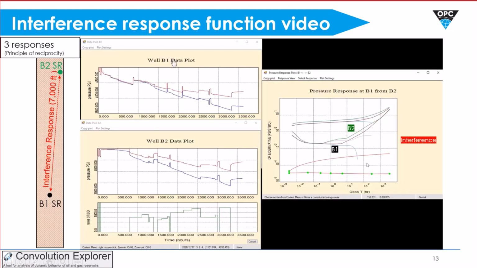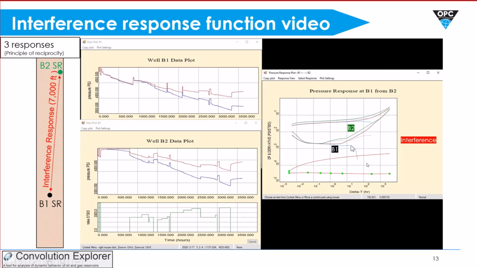Let's bring back up the ConvEx pane. Let me just describe everything you're seeing. In blue, we have the observed pressure data from the gauge for B1. We have the observed pressure data for B2. We have the rate history for B2. And hidden behind this panel is the rate history for B1. On this plot, I have the